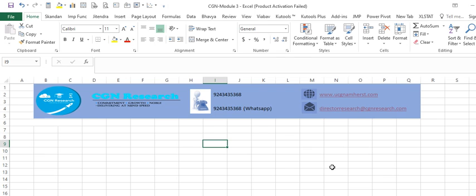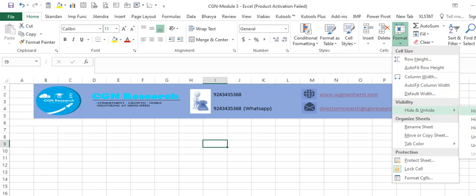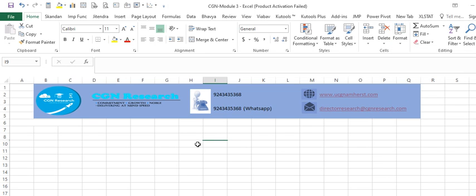Only I know that I have hidden a sheet. Nobody else would be able to identify. But at least in case of a row, you can see when I'm doing the hiding, please observe. I hide a row there. So you see there is an indicator here, and if you look at the row number, you are able to identify that a line is hidden. So unless it is password protected, you don't have to worry.